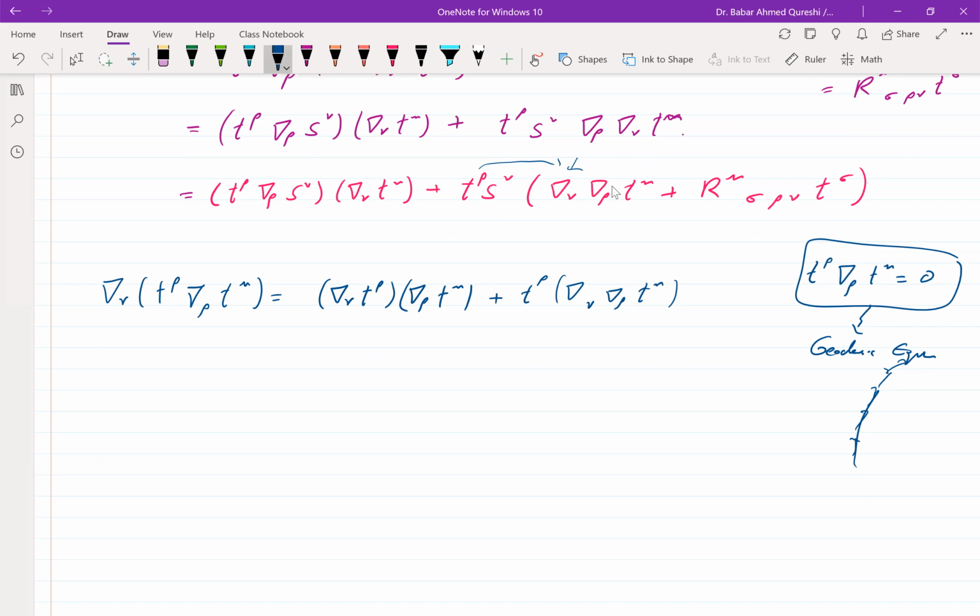So that means this thing which is written over here, I can replace with these two terms. So I get from here